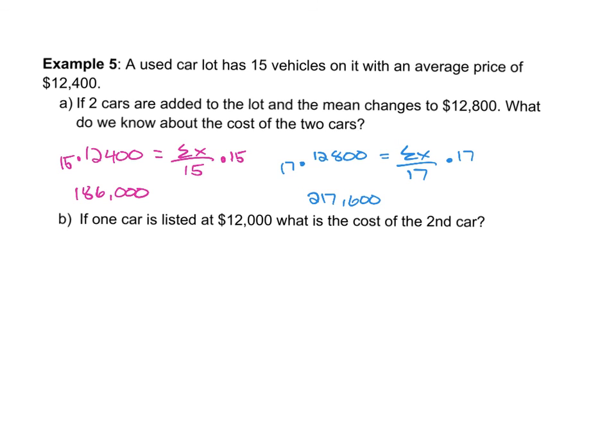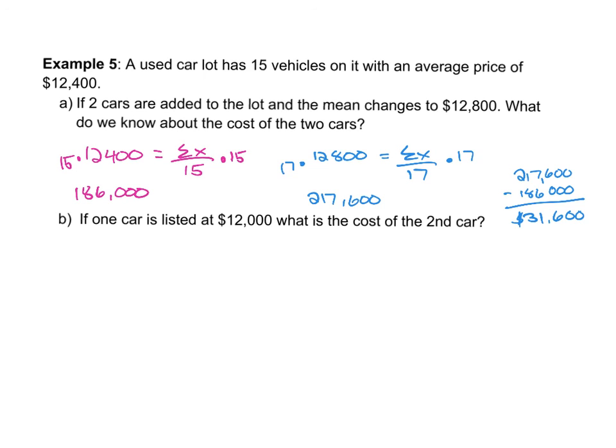What we know is, if we took this $217,600 after we added the 2 cars and subtract out the $186,000, that can at least tell us that the 2 new cars increased